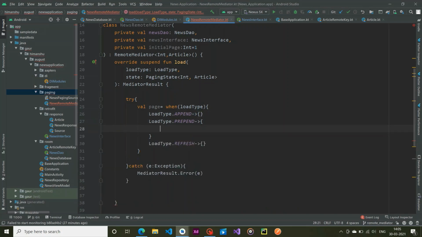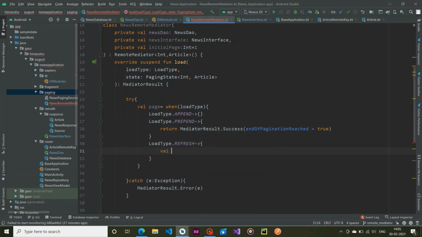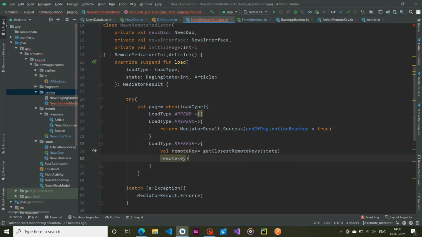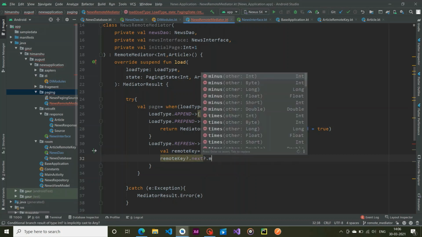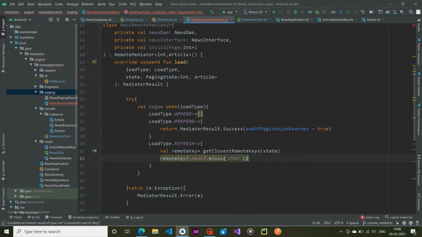When our load type is prepend, we return MediatorResult.Success, endOfPaginationReached is true. And when our load type is refresh, we create a variable remoteKey and get the closest remote key, pass state in it, and by using our remote key we get our next key, and we minus 1 from it.